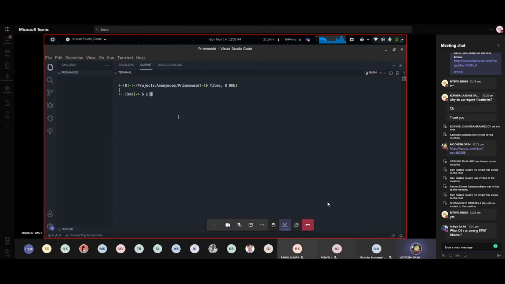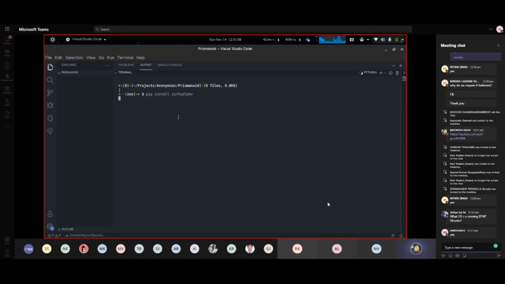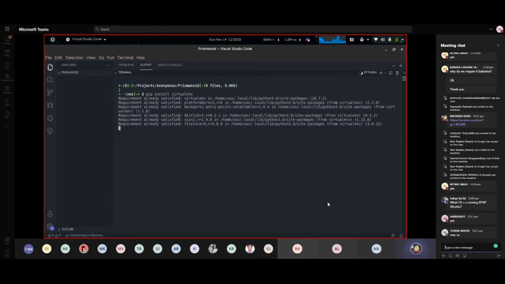pip install virtualenv. This will install the virtualenv package if it's not already installed. In a few seconds this will be installed. I have it already installed, so no need to install it again.